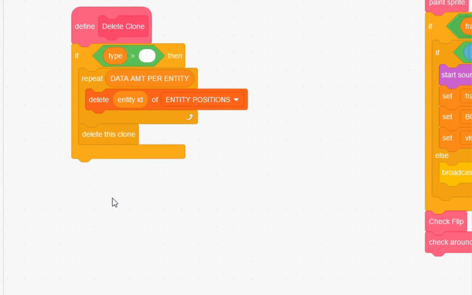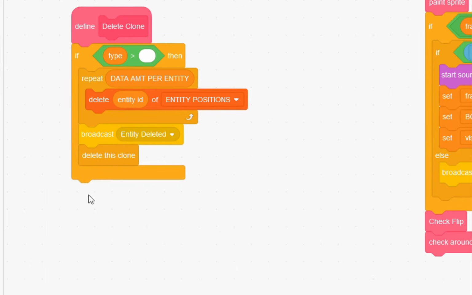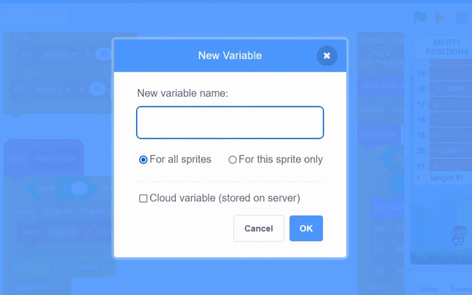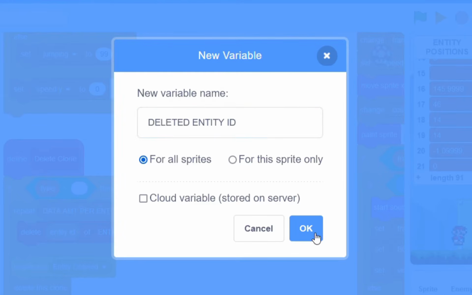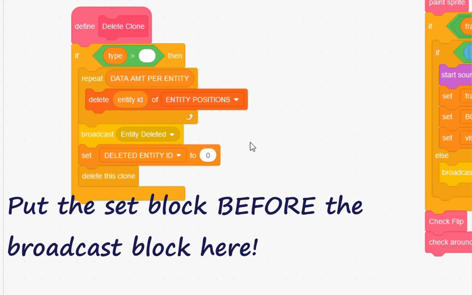However, if you think about it, all entities with a higher entity ID than this will get their data shifted. So we need to tell them that this has happened, that the entity positions list has shortened, and that it needs to modify its entity ID to match the new position in the list of its data. So we will broadcast a message called entity deleted, we'll create a new one, and create a variable called deleted entity ID for all sprites. Set deleted entity ID to entity ID,